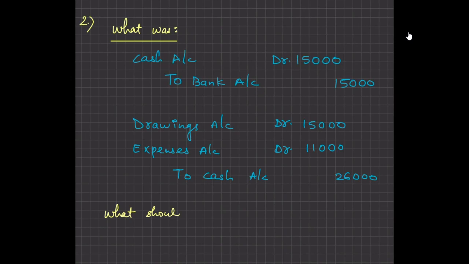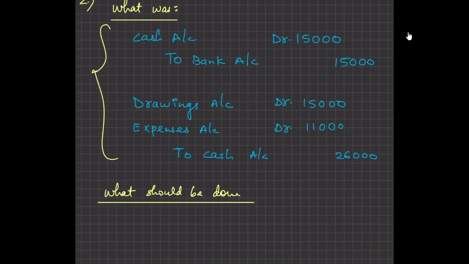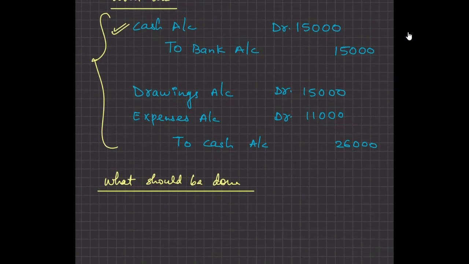What should be done? So this is the entry which they have done. What should be done? The first entry is correct. There is no problem with it. But the second entry which they should do was